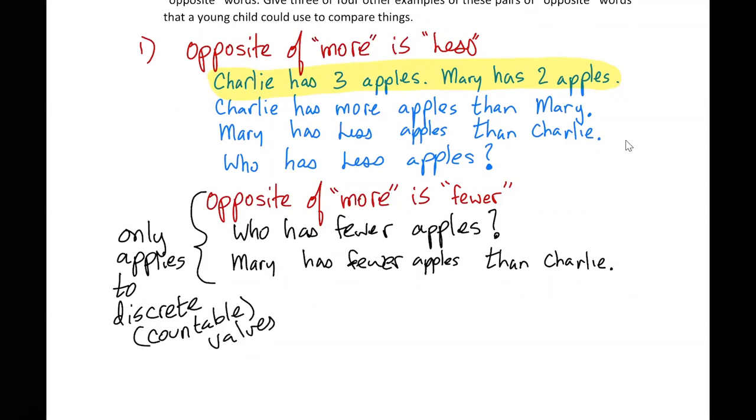Because when we're dealing with less, we can get into the idea of what we call continuous information. All right. So the non-countable things like weights and times and heights and things that are measurable. So these scenarios can apply to both countable, so we know that that's discrete, and measurable